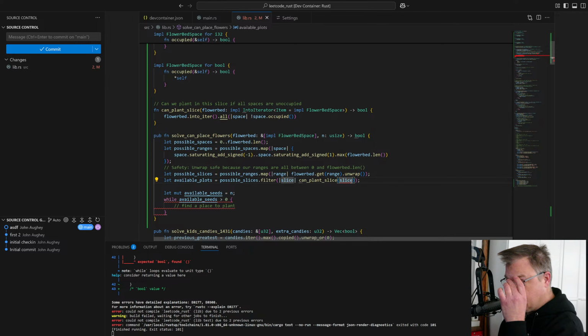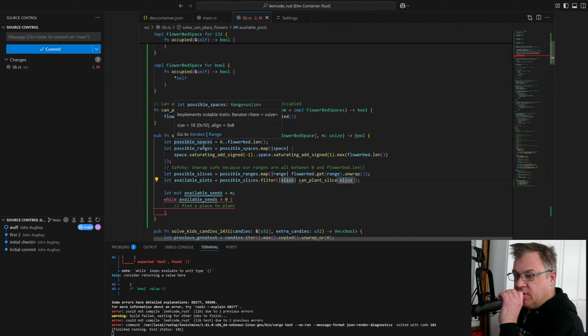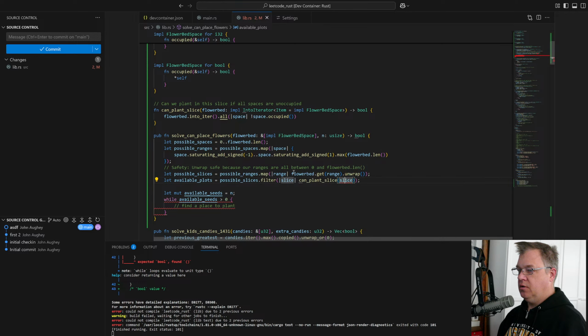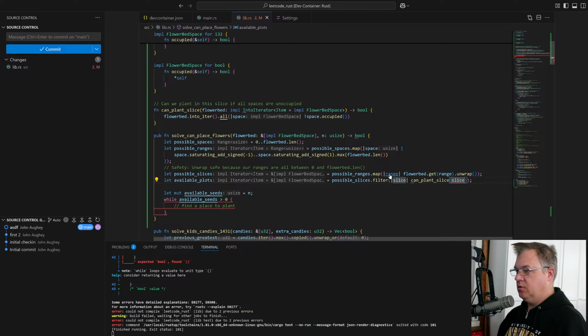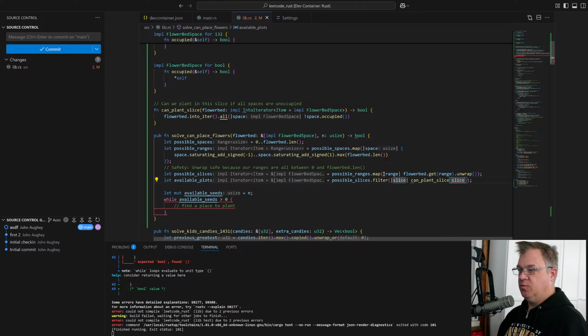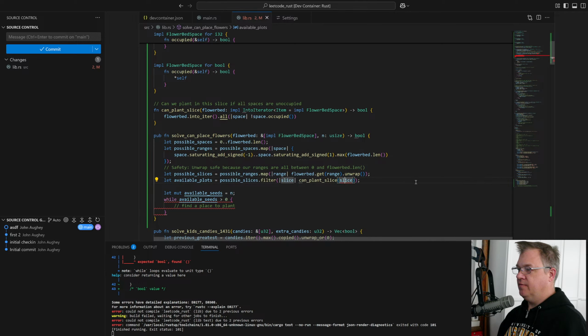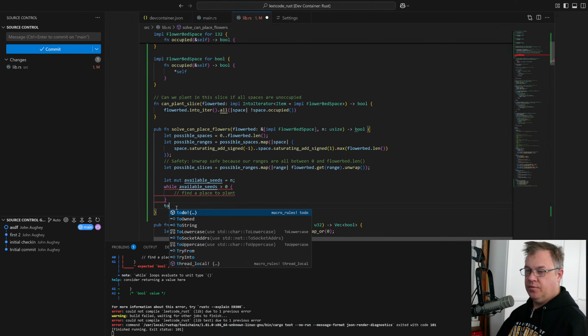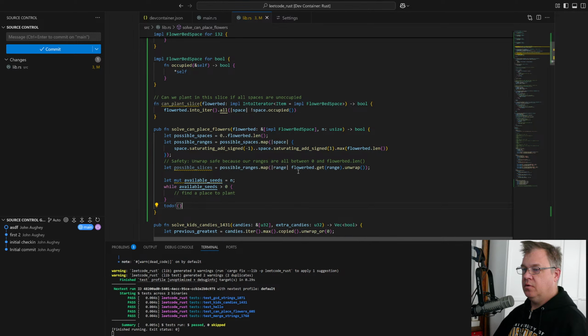Give me a second to work this out. Ranges, into iter range, the possible slices then. We map our range. Why is that not getting me that? Iterator of item range. Possible ranges map range flowerbed.get. There we go.